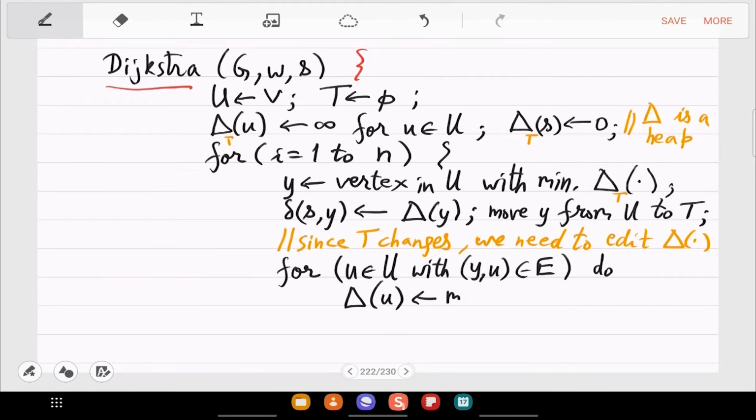So what will you update it with? The previous value, the current value, with, since now Y is in the tree, from S you come to Y and then you hop to U, right? So what is the cost of this? Delta S comma Y plus the weight of Y to U.